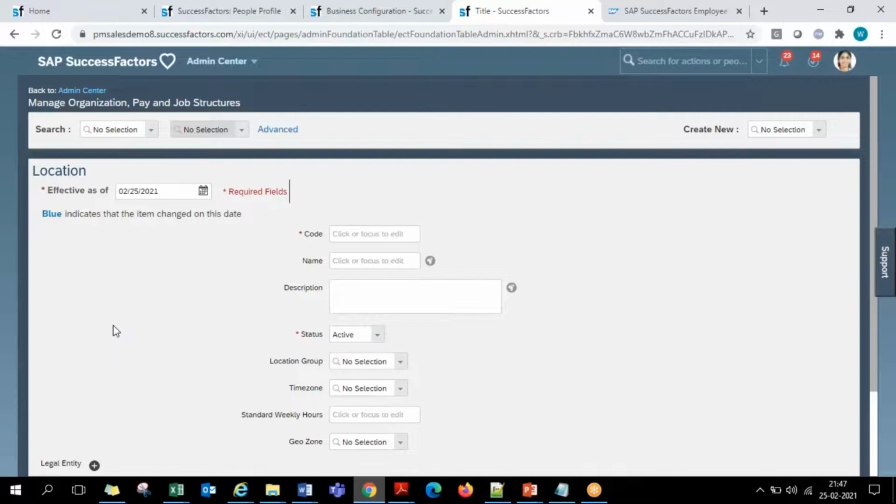These are something at the stage of configuration, we as consultants will work on these screens. After the go live, customers will almost never open these screens unless there is a new location expanding in the company, and the company now has to record that in all their HR systems, or a new department coming in, they have to record that in the system. Only then will they be accessing this.